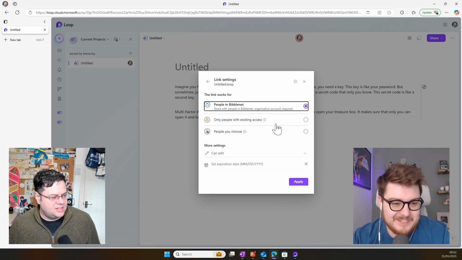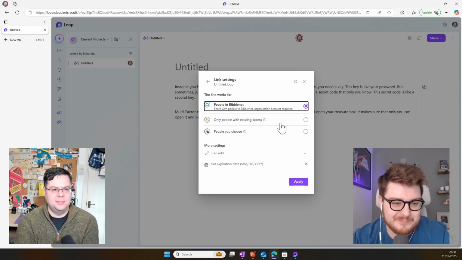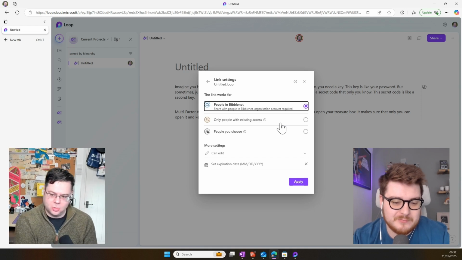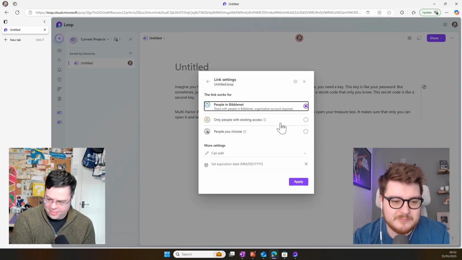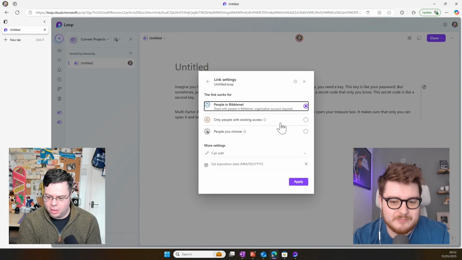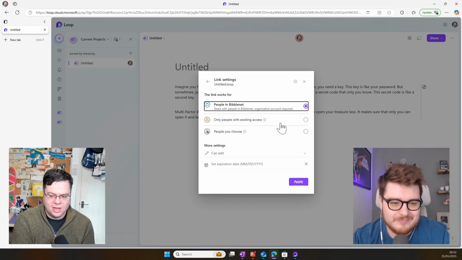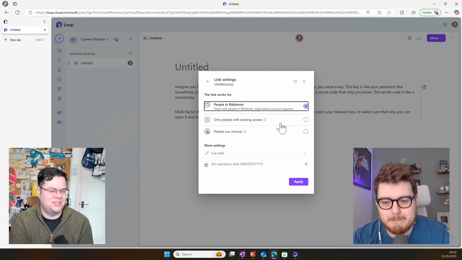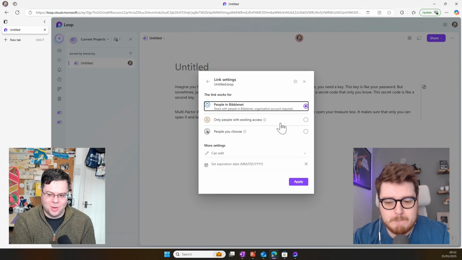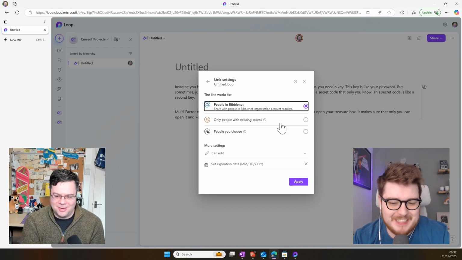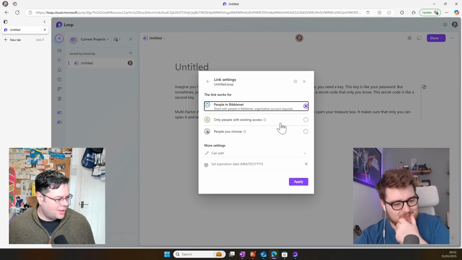So I guess this is a similar thing to Copilot, which can't work outside your organizational boundaries. Loop at this point in time also can't go cross organization, but I believe that is something that they are working on and figuring out. Yeah, but there's going to be a huge spider's web worth of permissions and things that need to be figured out underneath there.